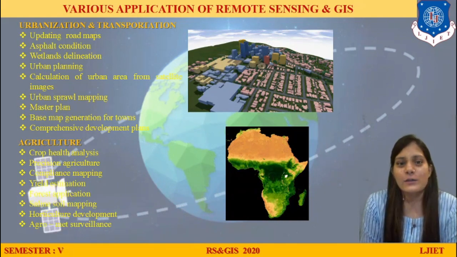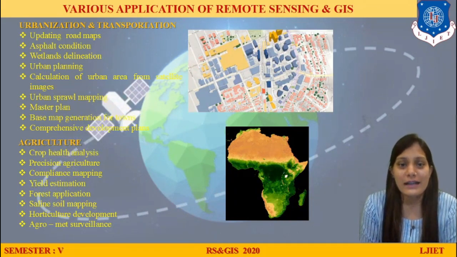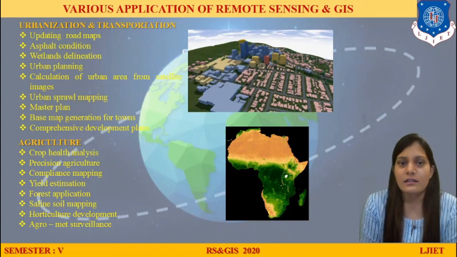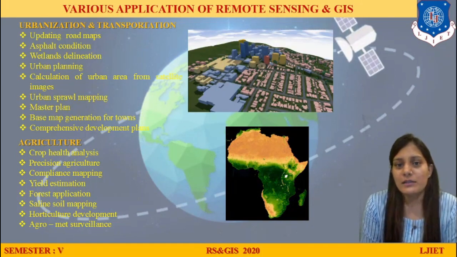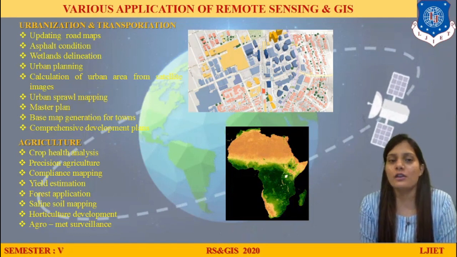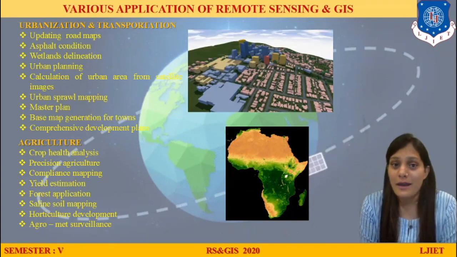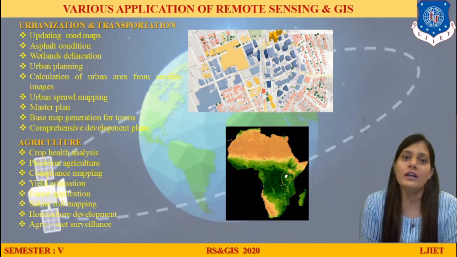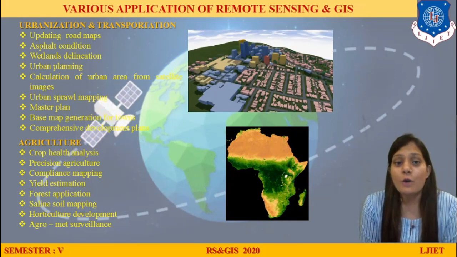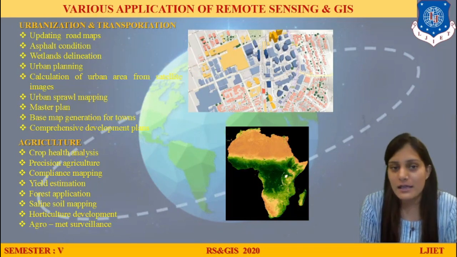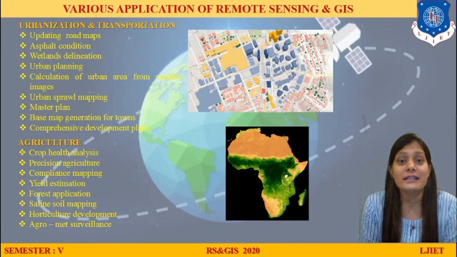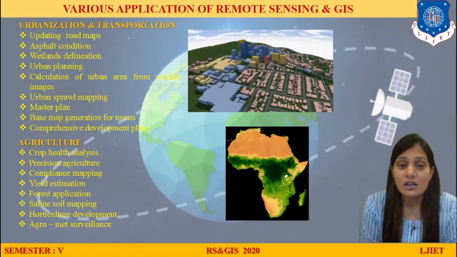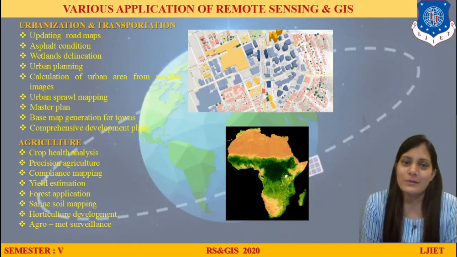Now, transportation means what? The route analysis, right? We will discuss that in detail also. So for transportation and urbanization, here are a few points which we are going to discuss. That is updating the road maps. Yes, when new TP schemes come, we first of all need to do the road map analysis. Urban sprawl mapping. What is urban sprawl mapping? As I have discussed, how the city has developed, where the urban region is, how much urban region there is, that is urban sprawl.